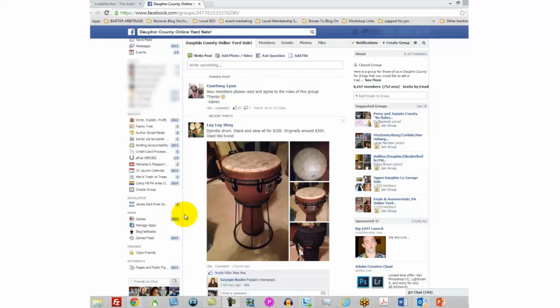So if you have something of value, maybe some electronics, and you need quick cash, you can easily come to one of these pages and sell something that you know somebody's going to have interest in. You're not going to be waiting on trying to build a list. This is really just straight sales and getting cash. But this opportunity is going to be available to you in your local area.